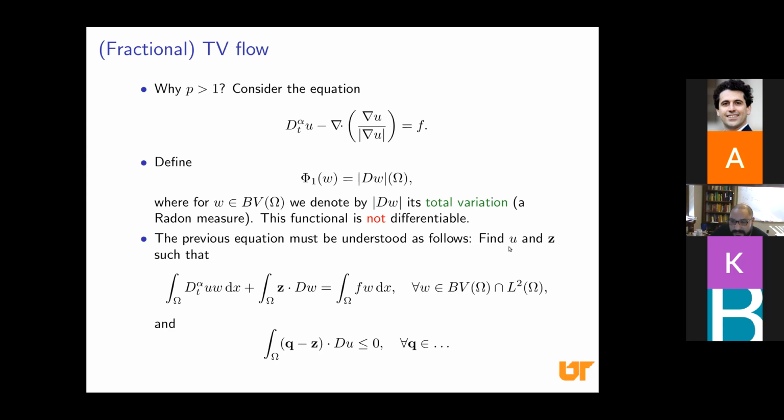So to interpret it properly, you need to be a little bit careful, in the sense that now you need to find a pair of objects, a function u and a vector field c, that are going to satisfy this pair of conditions. Of course, this needs to be carefully understood, because here you have a Radon measure and you need to be able to pair it with a vector field. So that needs some care, especially regarding where this vector c is supposed to live. I don't want to get into the details of that right now. But one of the things that characterizes this vector c is this variational inequality here.